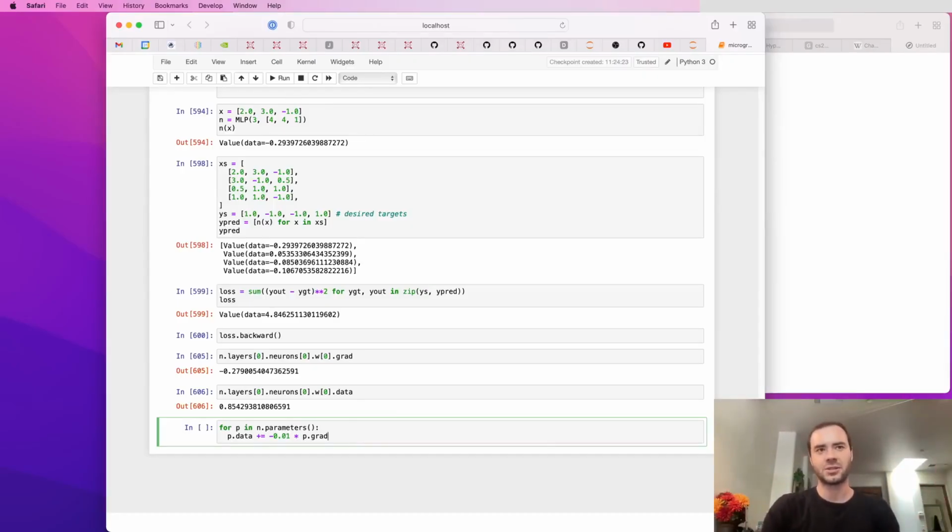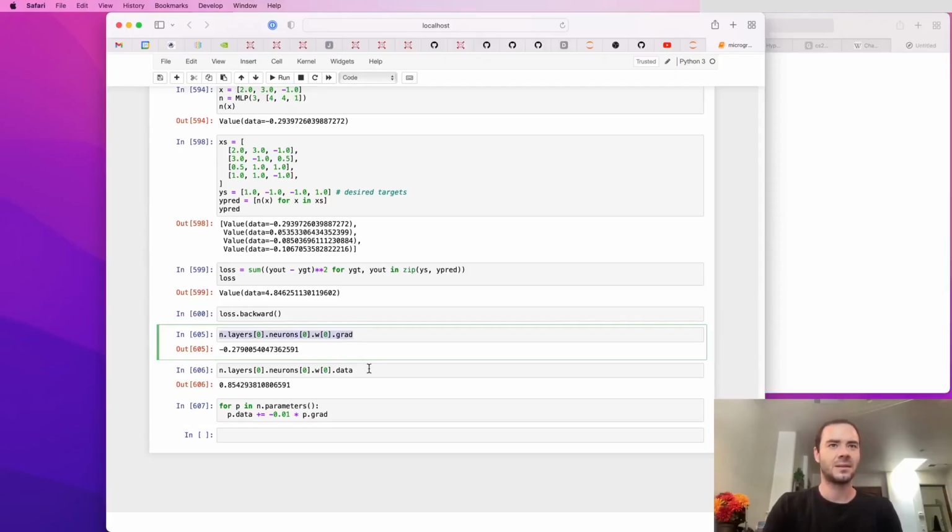And the other interpretation, as I mentioned, is you can think of the gradient vector, so basically just the vector of all the gradients, as pointing in the direction of increasing the loss. But then we want to decrease it. So we actually want to go in the opposite direction. And so you can convince yourself that this does the right thing here with the negative, because we want to minimize the loss. So if we nudge all the parameters by a tiny amount,